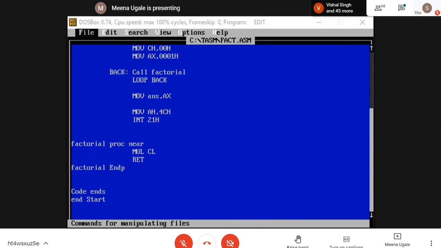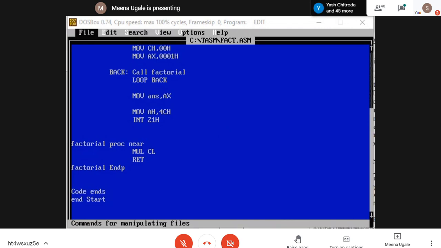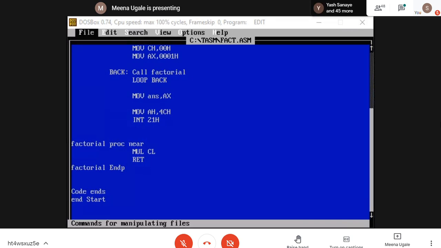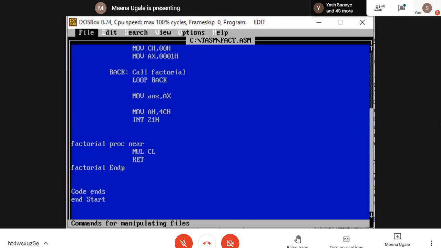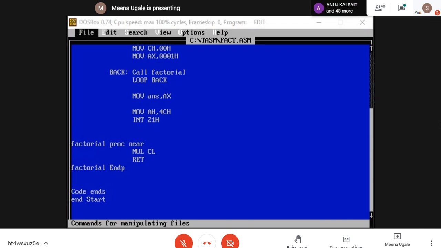Ma'am, while you are pasting the code in the chat box, in the spelling of code, the C is missing. What is missing? C in the word code in the chat box. That gives us the error. You correct it. Yes, ma'am. After correcting, it is giving. Yes, yes. Maybe while copying, I must have.